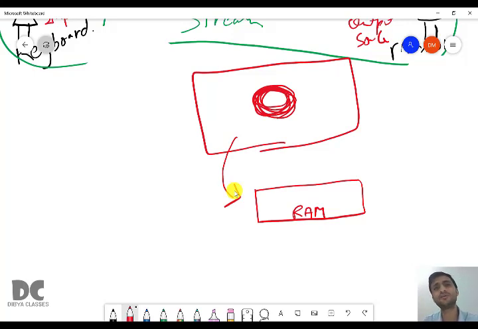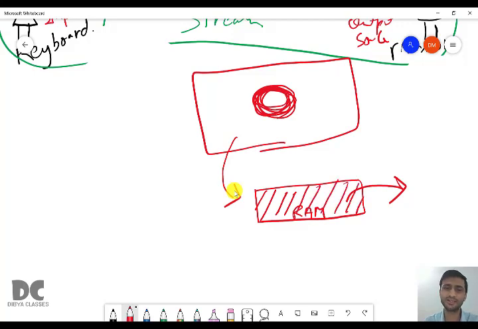So it first gets downloaded to your computer memory, and from that memory the video runs on your system. For example, the video got downloaded in your memory and it started playing. Meanwhile, your net is disconnected, but it will keep playing.